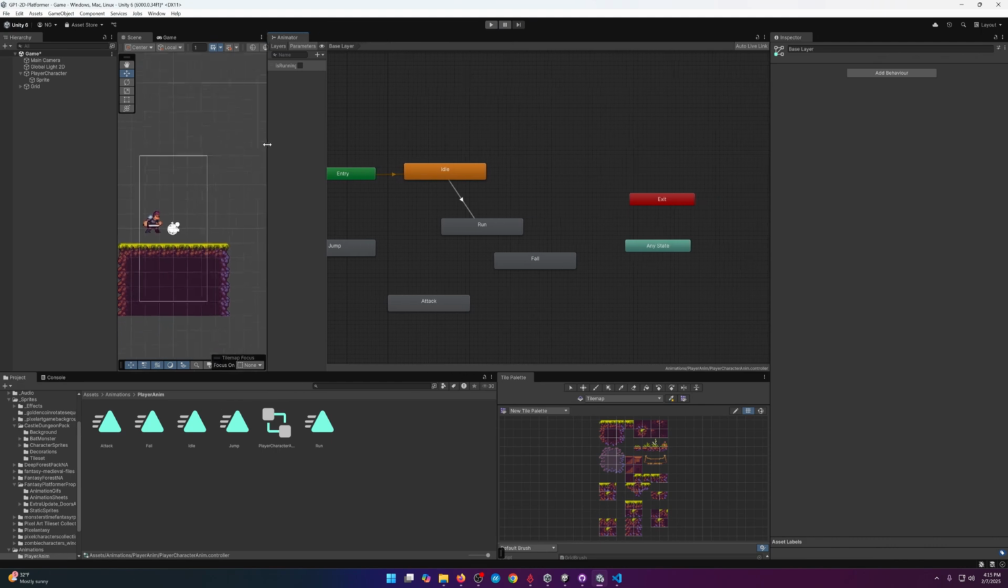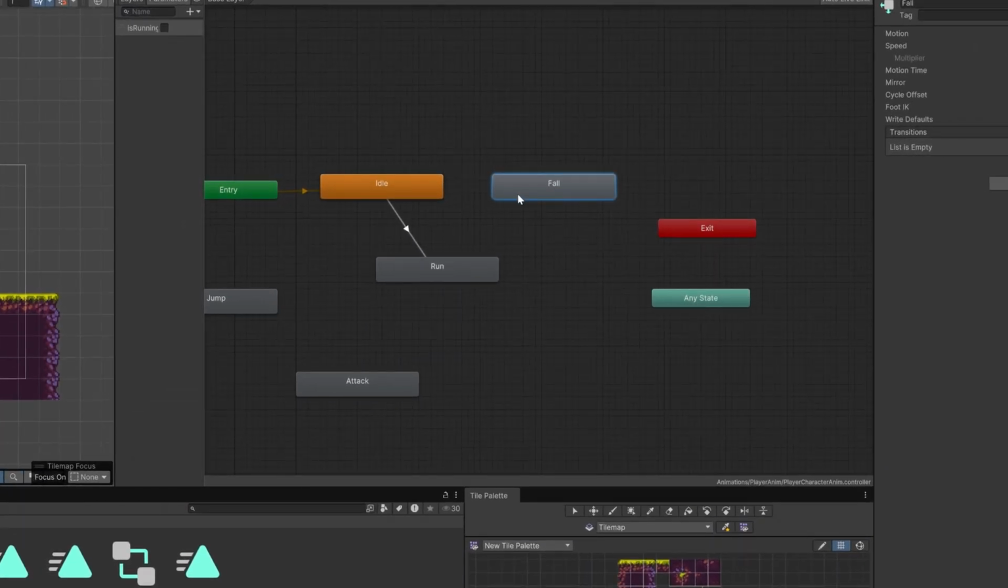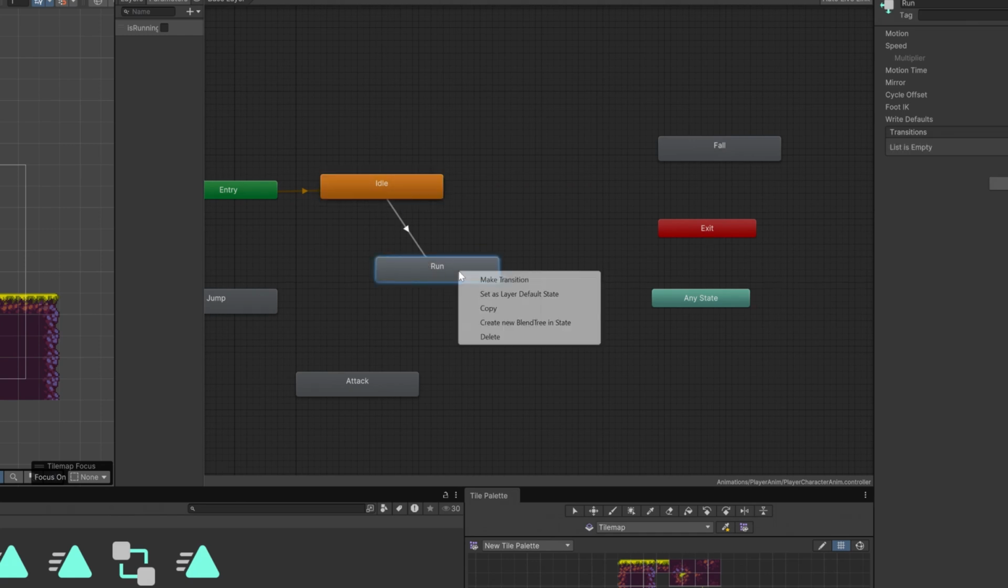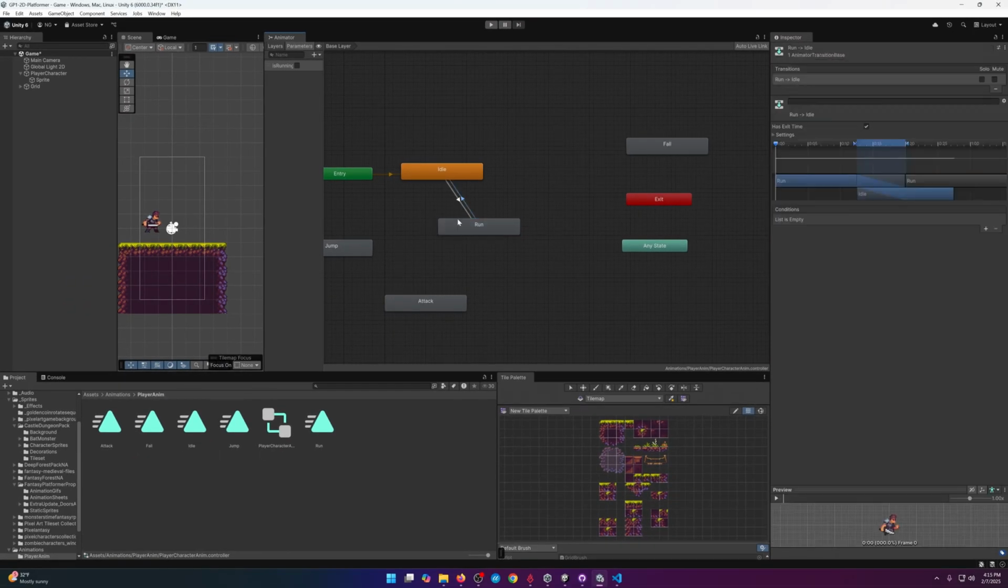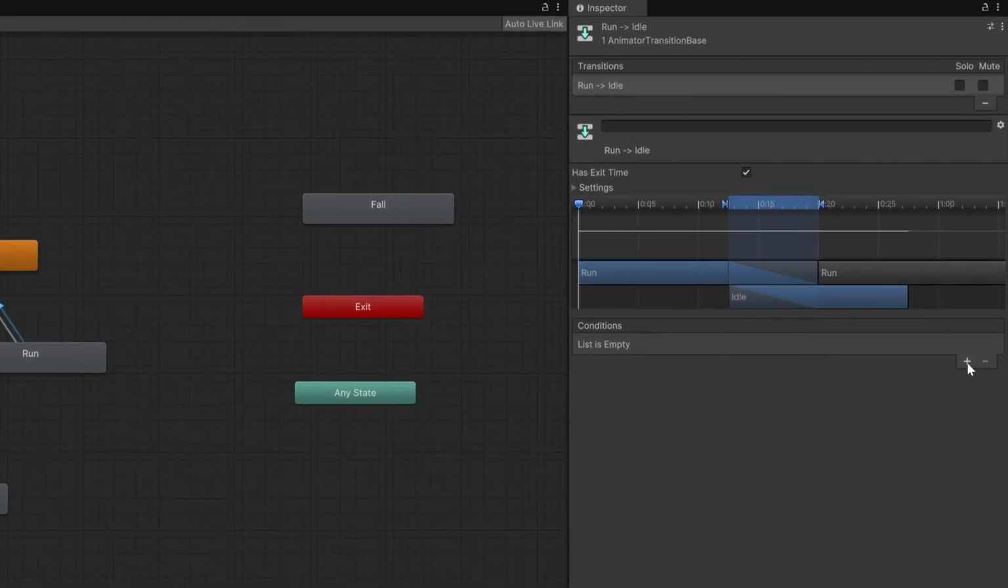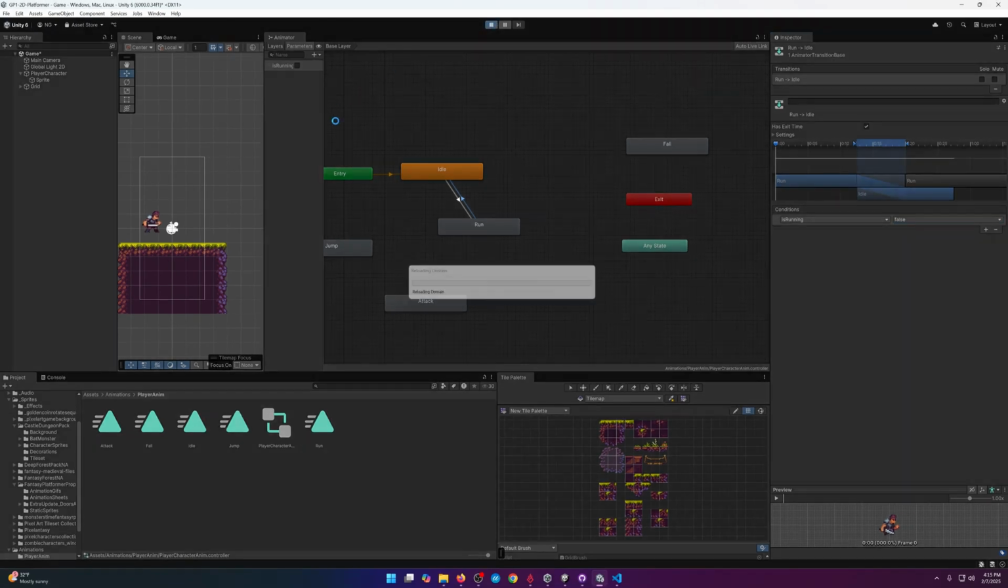With your animator open, and I'm just going to shrink that window, you can go to the different tab. I've got idle to run. I want to go from run to idle. So right click, make transition, run to idle. Select that arrow going from run to idle. Conditions: is running, false. So now if I press play,